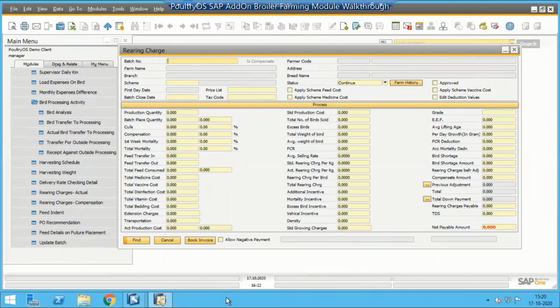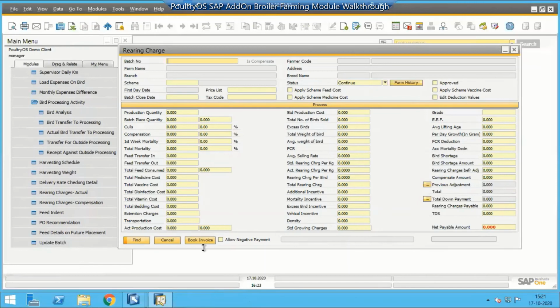Okay. I see there are options that say apply actual costs or scheme costs. Actual cost means your purchase cost. Scheme cost means, let's say, we apply a feed cost of 20 rupees for the farmer. That is the standard, fixed cost. Whatever is configured in the system will be considered if scheme costs are applied, and that would be per kg or whatever the unit of consumption is.